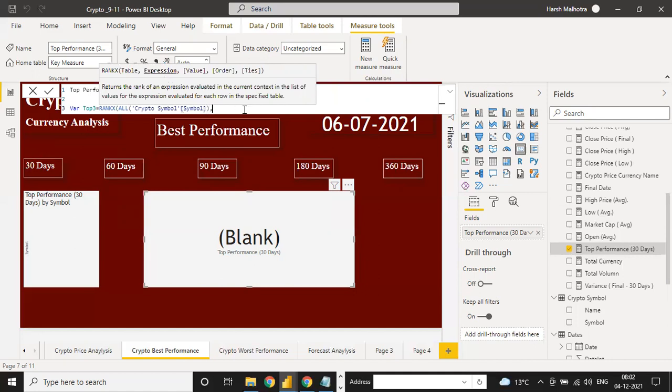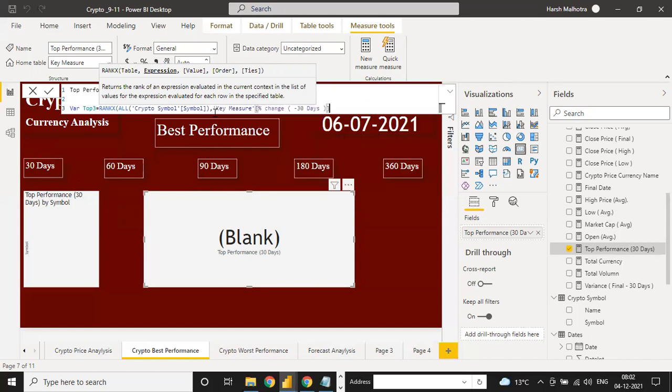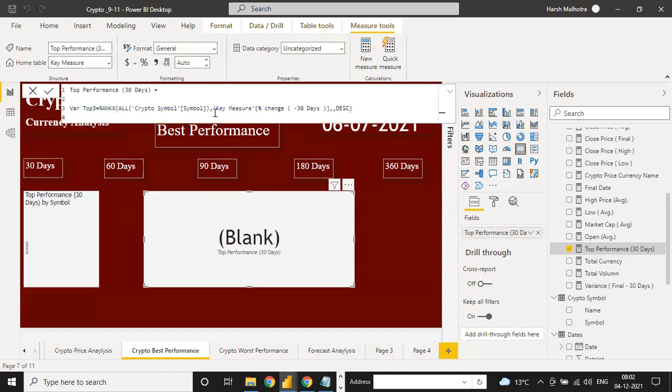And now we need an expression. So the expression on the basis of which we need is 30 days. If we click on this 30 days measure, expression value, and now descending, and we have to use the value return.